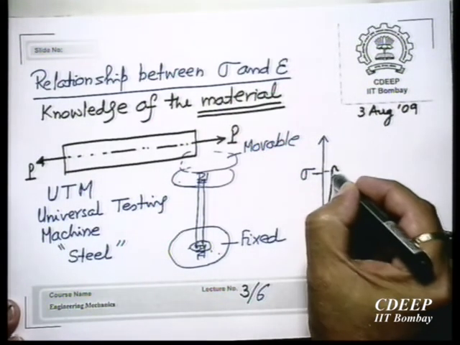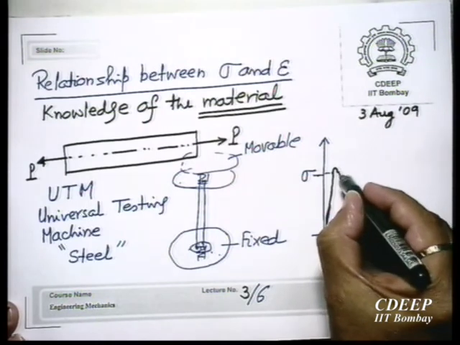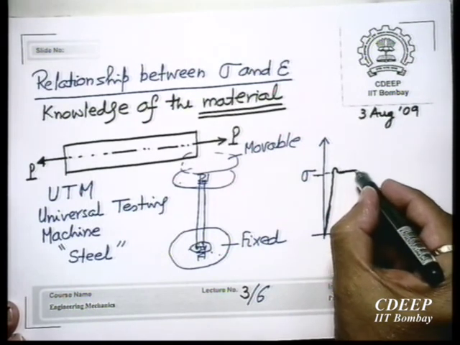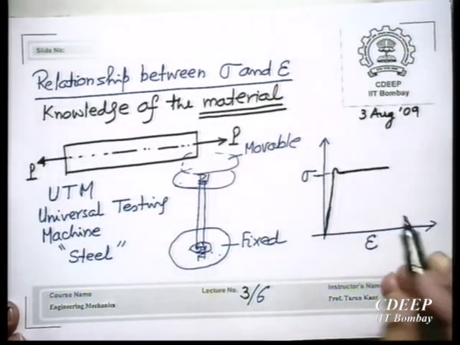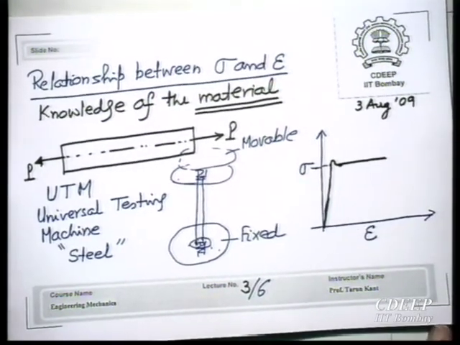Then it goes a little up, because there is a small hump here, and then more or less it remains horizontal for a very long stretch. You will find a large amount of strain at a constant stress. At the same load, the material will have very sudden elongation and it will go on flowing. So this is called the flow part. The material becomes very, very what?